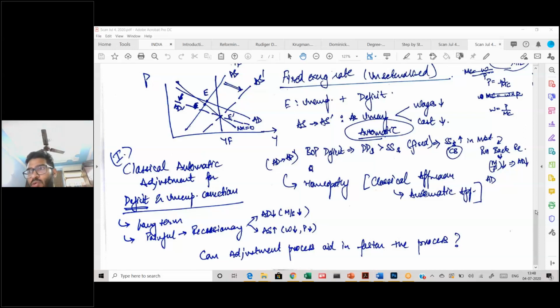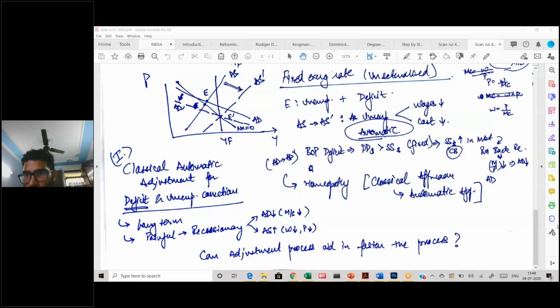And I would prefer that you write the question on the top, so that there is no confusion when you're uploading your answers. So write down the first question, that this is the question that I'm answering. Write down the answer, and then have the page numbers written at the bottom of it, so that it's easier for you to navigate things. So that's my approach. Again, you can follow any approach.